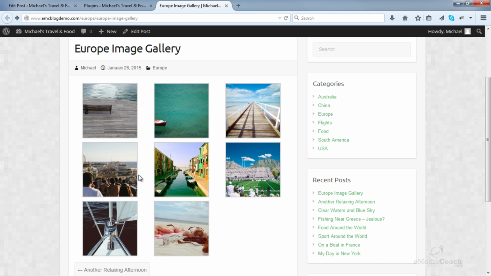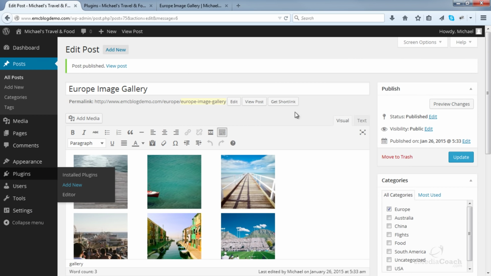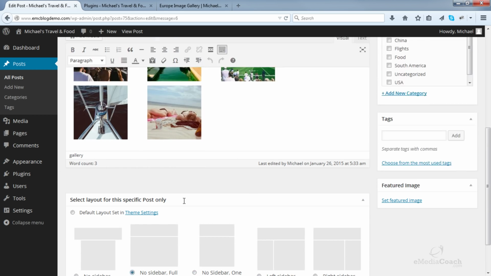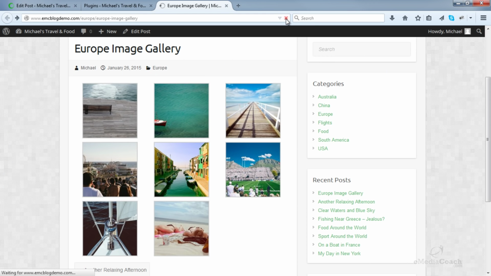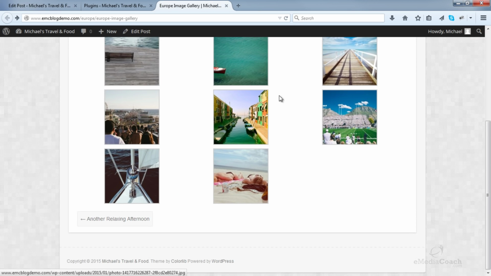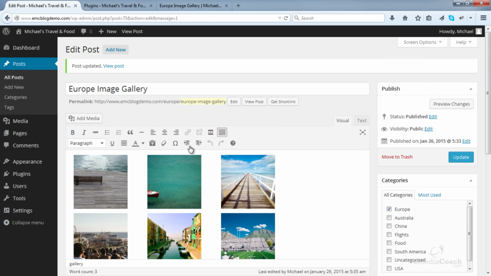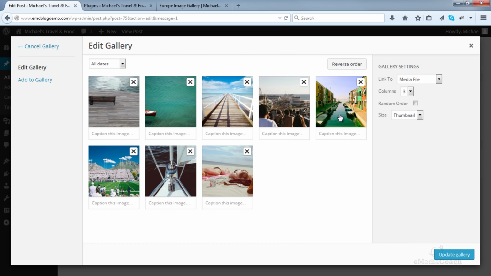You can always edit the gallery. So this is a default template where it has the sidebar. But say we wanted a full width template. Just go down here, click full width, save. Now that looks a bit too spaced out, so we can go back here, click on the gallery and hit that edit icon. Let's put 4 columns.